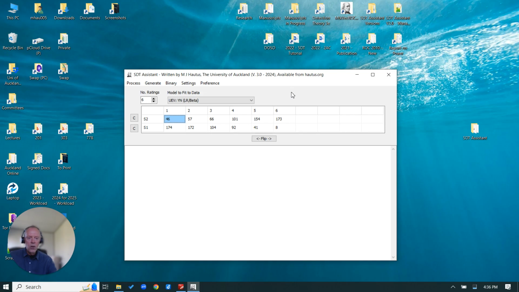We're opening up on the software, and we can see immediately that it opens to an area where you can fit ROC curves. So what do we have here? Well, we have 6 numbers here from 1 to 6, and these represent the 6 rating categories that we have for these data. Now that can be changed to other numbers simply by clicking on this here. So now we're down to 5, 4, 3, or we can go higher. So multiple options. The most that you can go to that will fit on the screen is 10 rating categories,